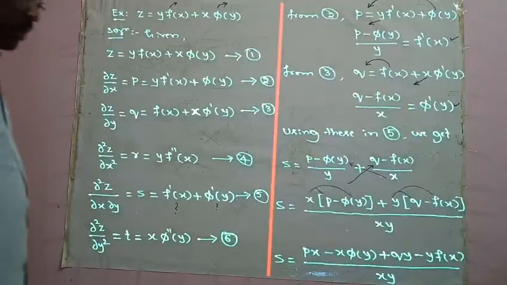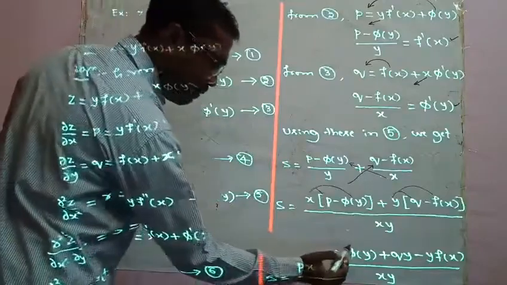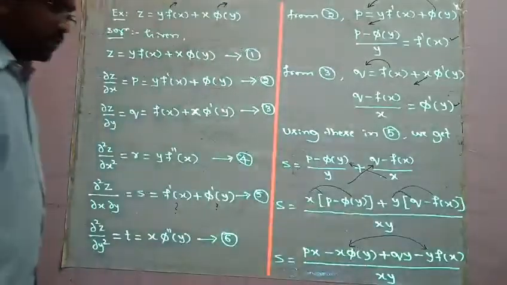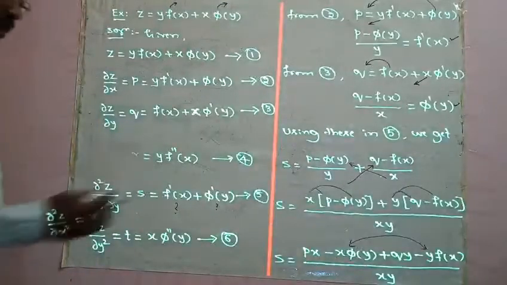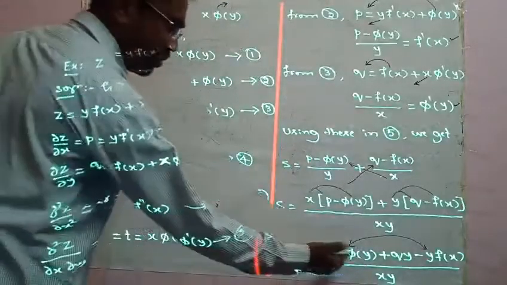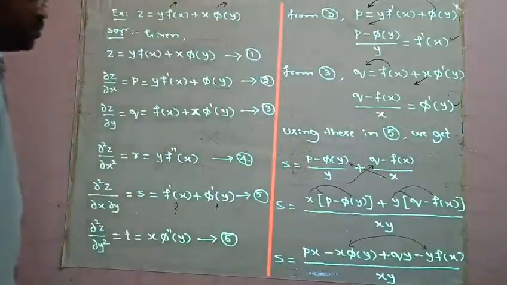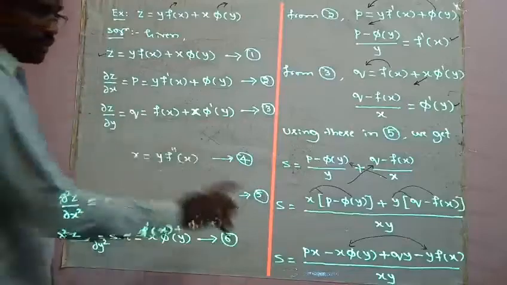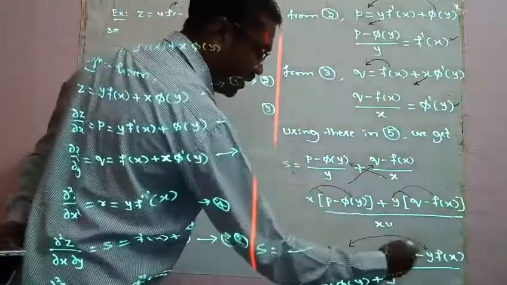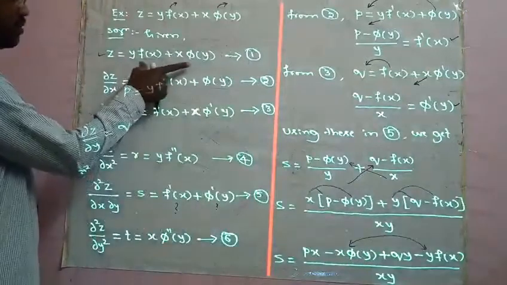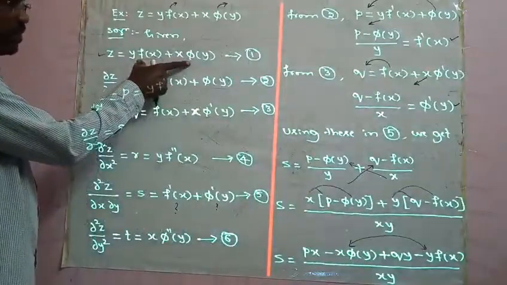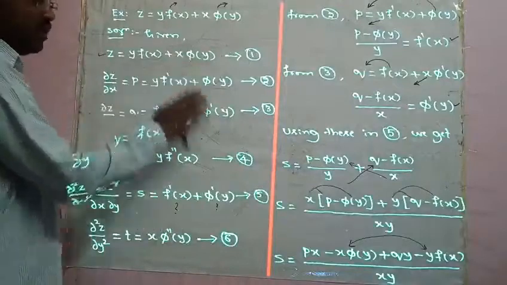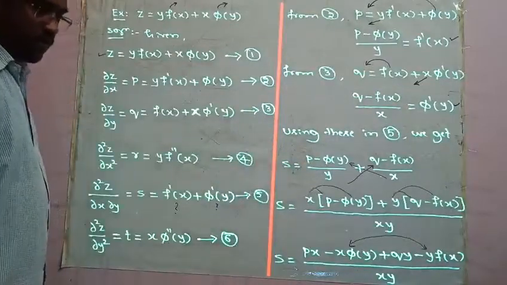Now let us combine these two by taking the minus sign outside. We are going to combine these two so that we can use z in that place. If you combine these two by taking the minus sign outside, what you get is this type of term in the bracket. In that place you can write just z. So your f and phi will get eliminated from there. Let us rewrite.